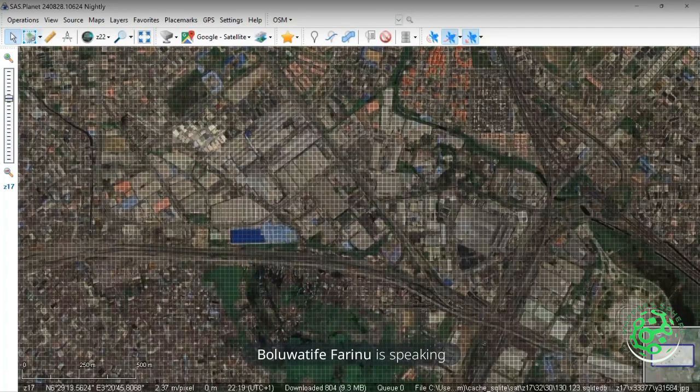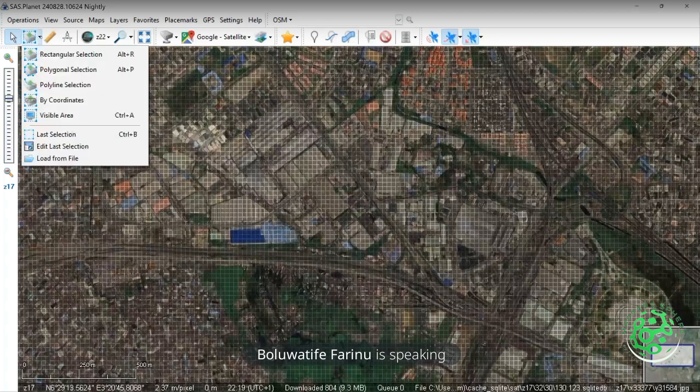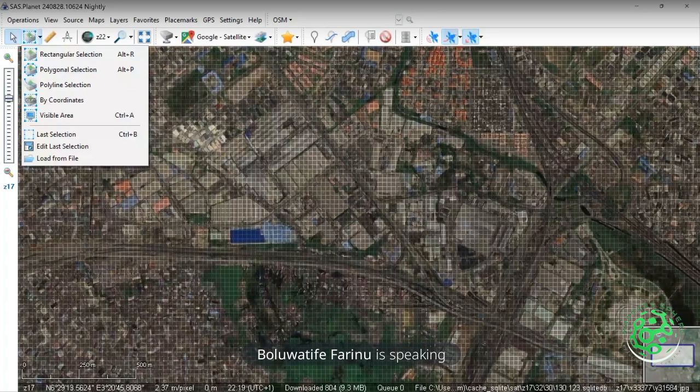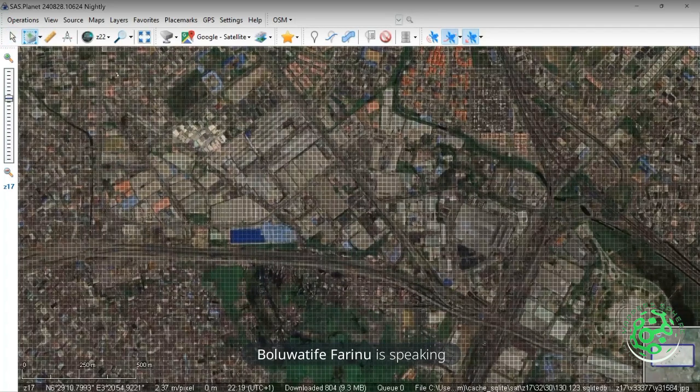It is a drop down option. I can decide to use rectangular selection, polygonal, polyline, coordinates and so on. But most of the time, what I make use of is the rectangular selection and the polygonal selection. Let's see how the rectangular selection works. Once you click it, you see that underneath the cursor, there's a box option. By the time I click at one side, I can just drag to that place, and immediately I click on where I want to stop,